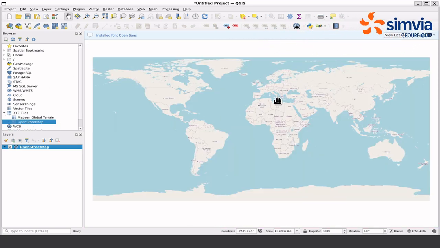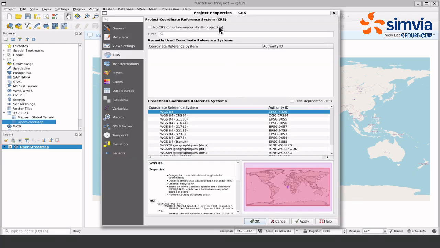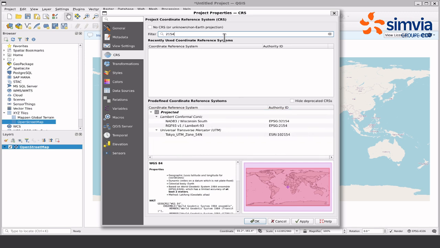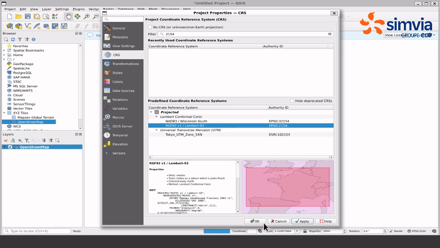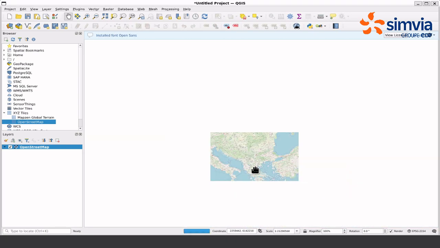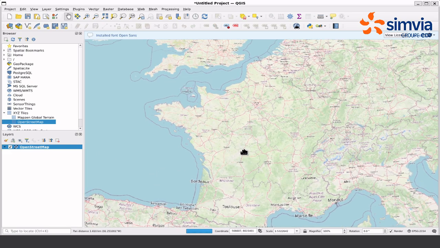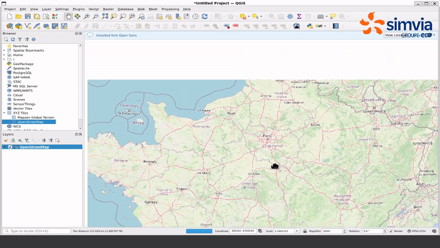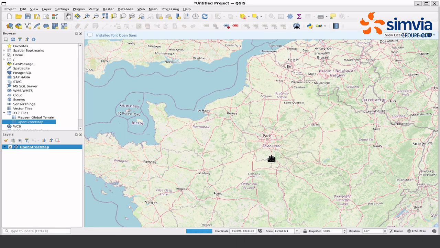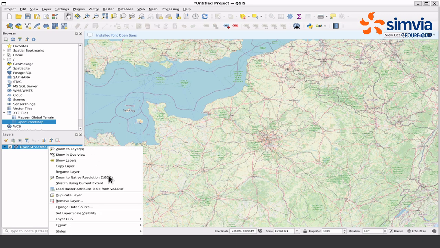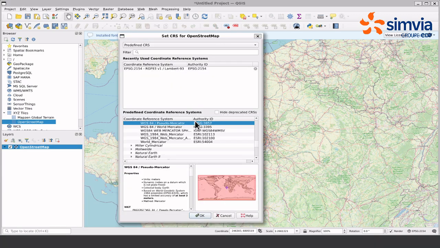Click on XYZ tiles and select OpenStreetMap. Now, we are going to change the coordinate reference system, CRS, consistently with the study we are going to do. In this video, we're going to study a French river as an example. So, we're going to set the CRS to EPSG 2154. Be careful to not change the layer CRS of the OpenStreetMap layer or any XYZ layers. The OpenStreetMap CRS is EPSG 3857 and should not be modified, otherwise it will falsify the coordinates, so leave it